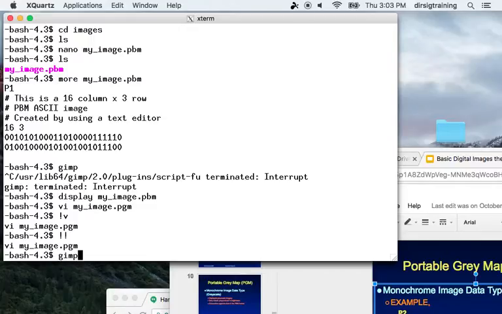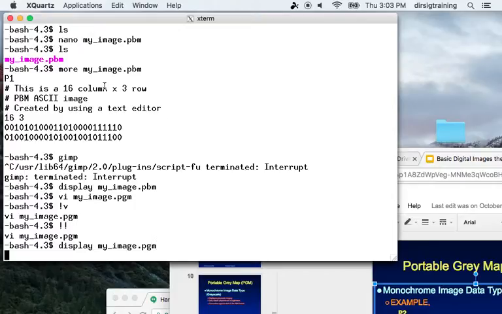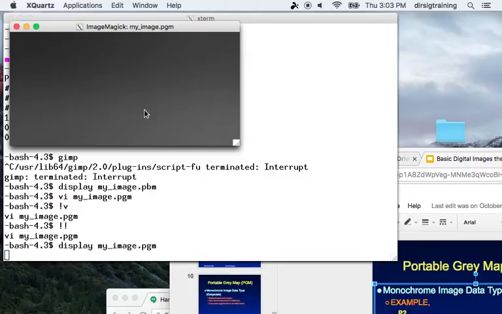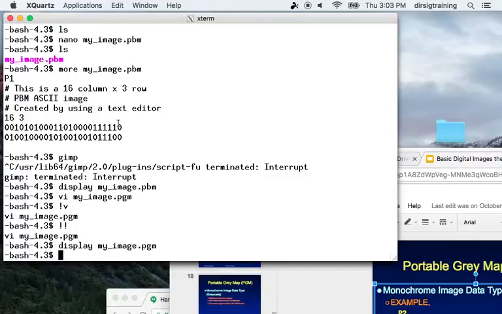And let's use GIMP, because here I'll show you what happens with display. My image.pgm. It's there, but it does so much interpolation that you can't see it. But if we look at it through GIMP,